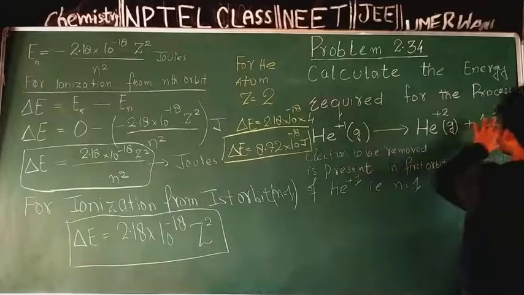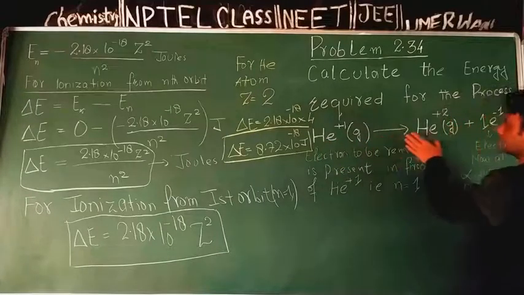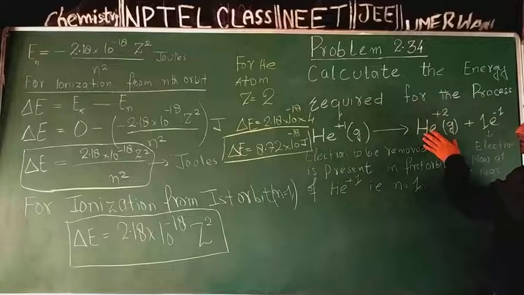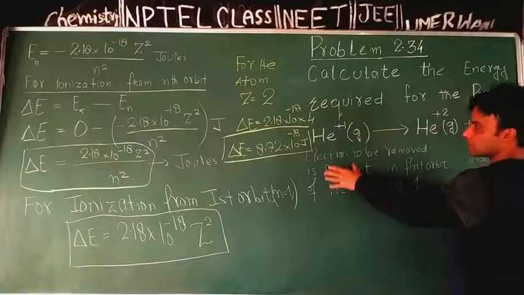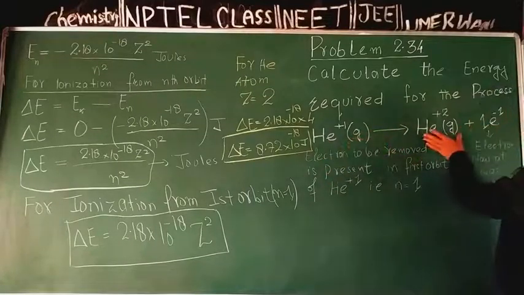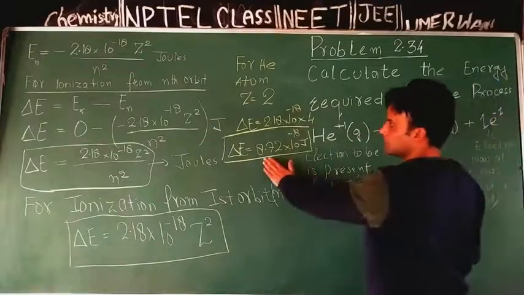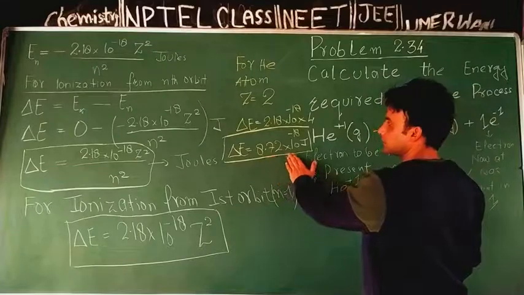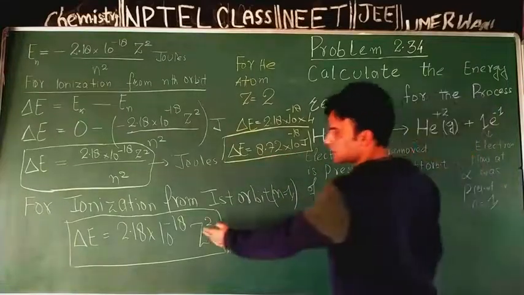For removal of one electron from the first orbit of unipositive helium ion so as to form dipositive helium ion, the energy required is equal to 8.72 into 10 raised to power minus 18 joules,